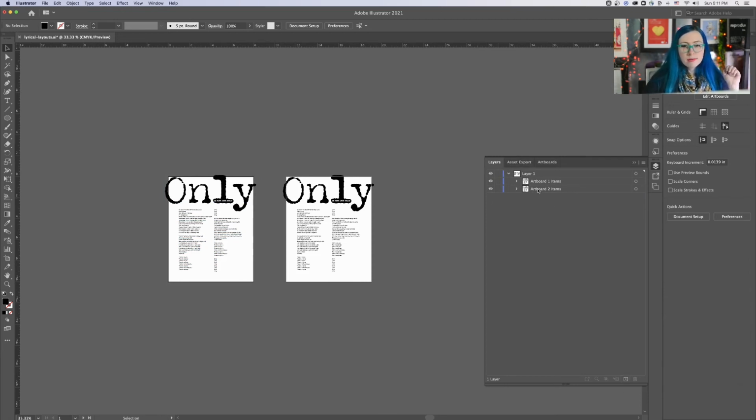So inside of layers, you can have groups just like you see here. In Illustrator, by default, it will kind of keep things all in the same layer unless you actually tell it to put it somewhere else. This is unlike other Adobe programs like Photoshop, where everything you do basically creates a layer. So let's drag our Artboard 2 items up into Layer 2. And remember that we got Layer 2 by clicking this Create New Layer button at the bottom. And now we can see that we have